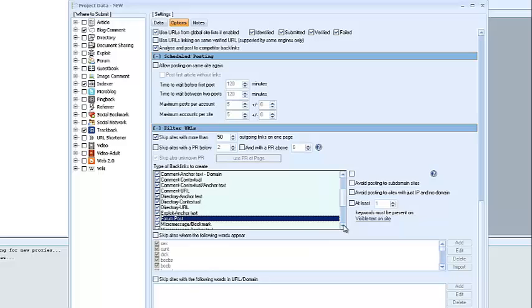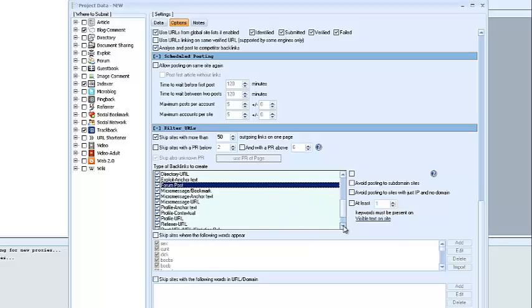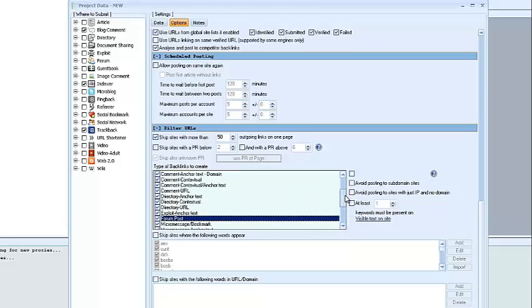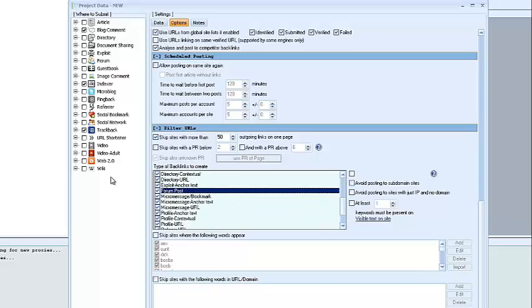GSA is trying to say that forum links are kind of spammy, and it just wants to make sure you want to add those. Some people like them and some people don't. If you agree with GSA, and you don't ever want forum links, then here's the place to uncheck them so you don't ever get them. But